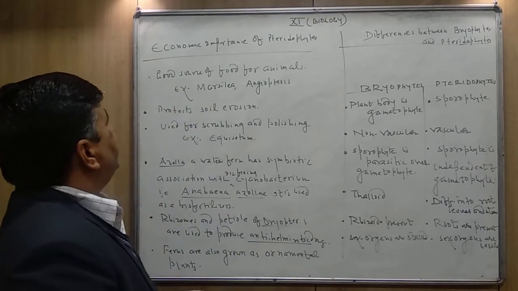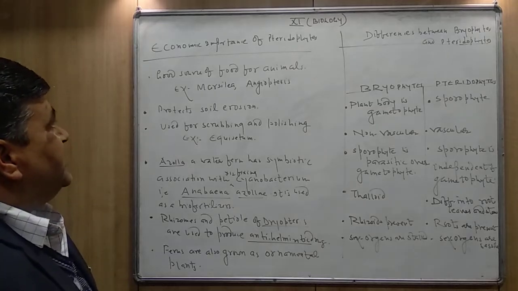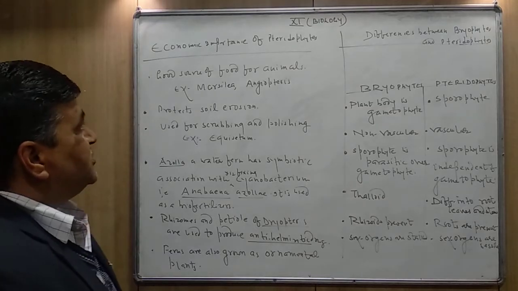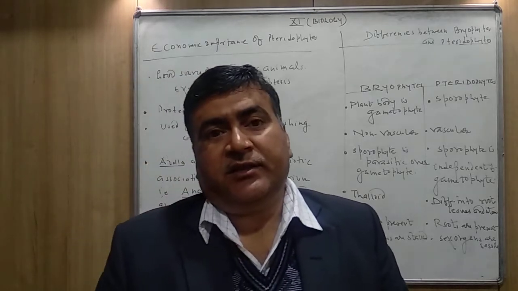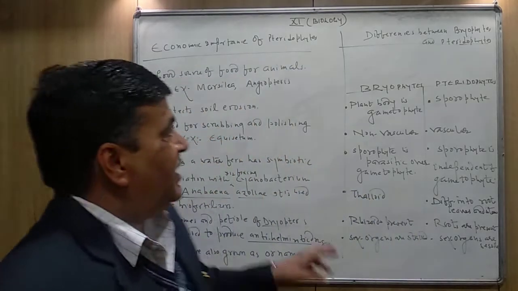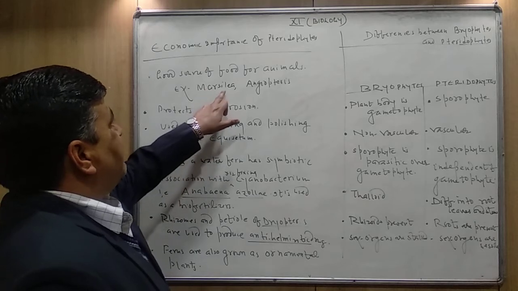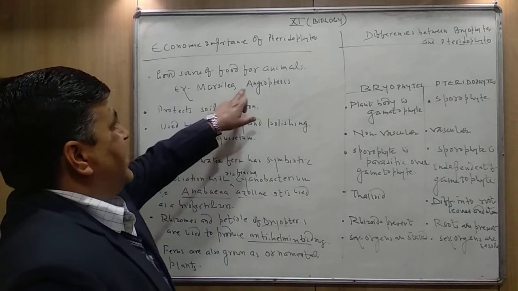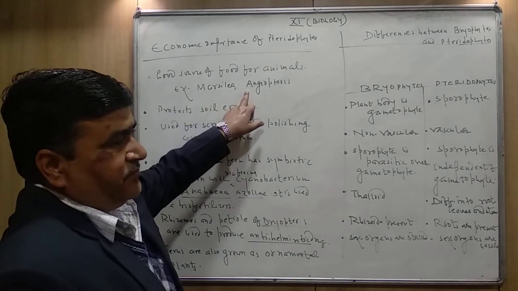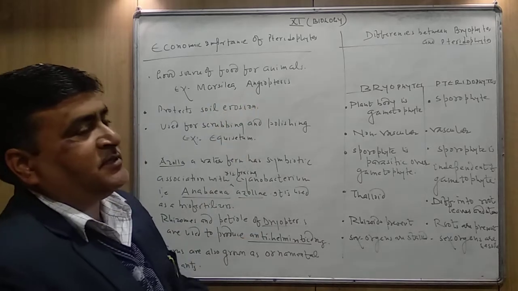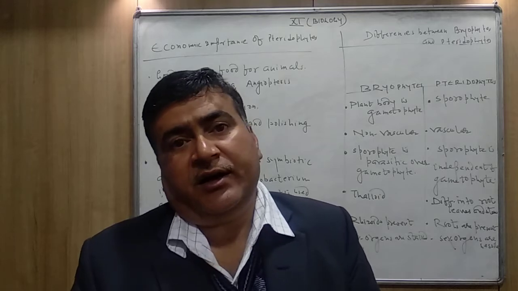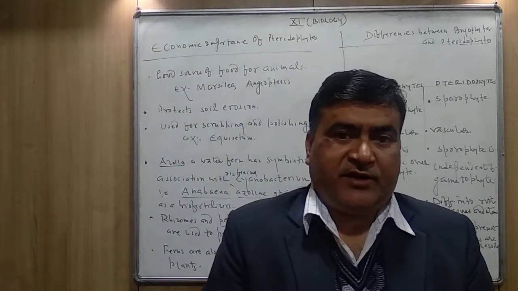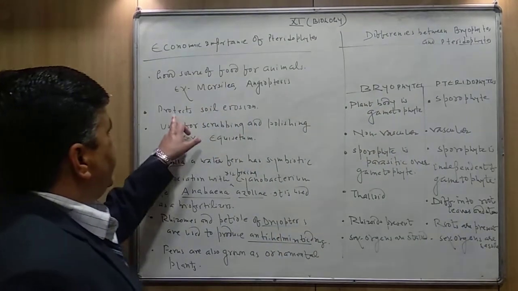The first: some of the pteridophytes are a good source of food materials, especially for animals. Two ferns, Marsilea and Angiopteris, both are ferns, and both are used as a source of food materials for animals. The second,